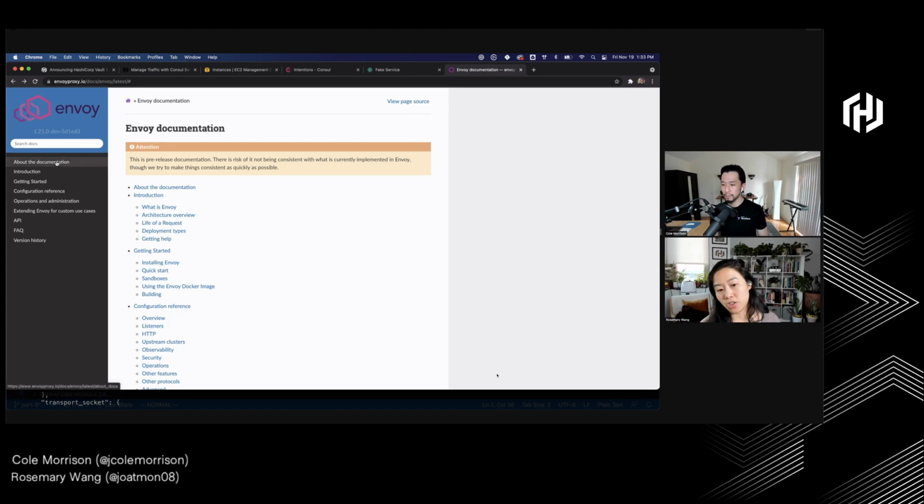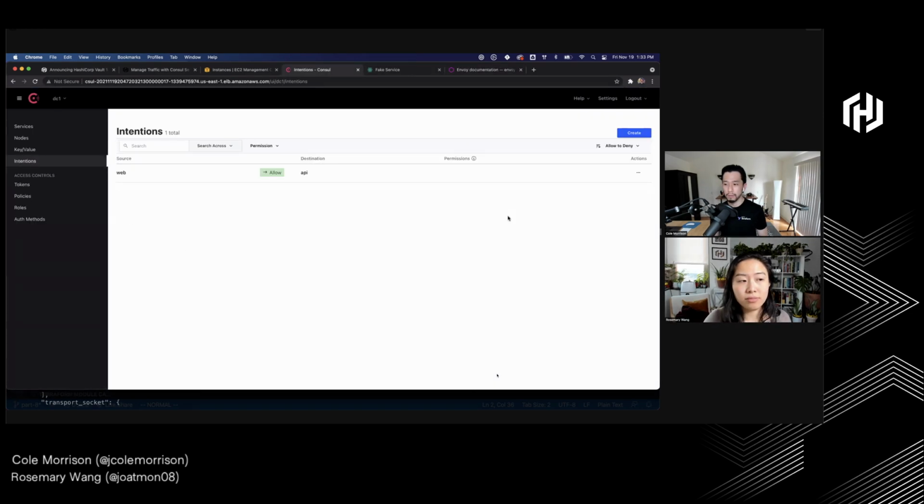Let's go back to the intentions, and let's actually play around with the layer 7 ones, or HTTP aware intentions. And you'll see how it's different. One of the things you have to double check is that application aware intentions, aka intentions that are done on layer 7, require services that are of the HTTP protocol. The question is, did we set both web and API to HTTP protocols? I think so, because I'm pretty sure we set a default on the server config to just say,